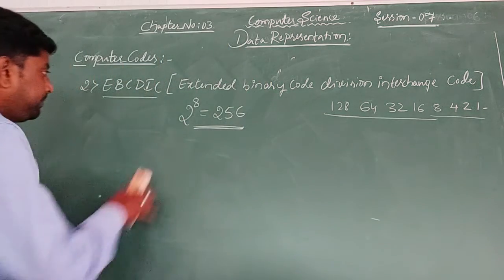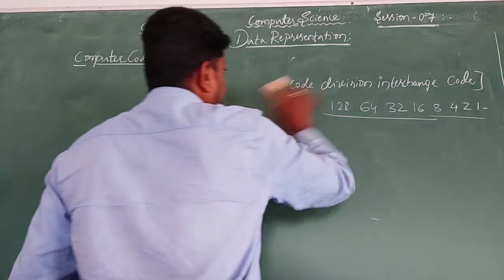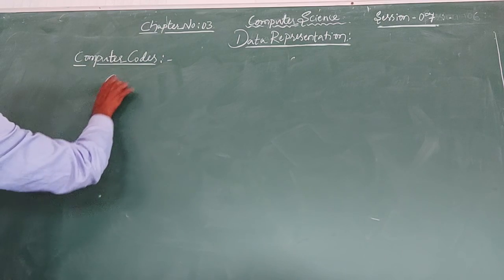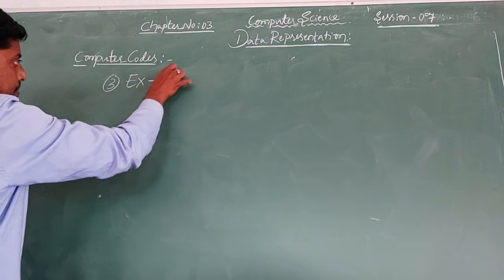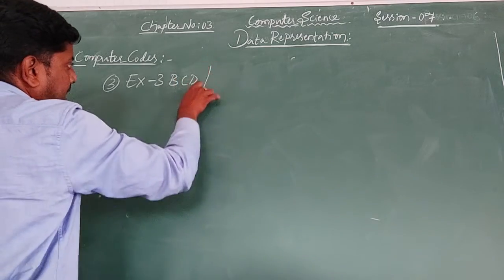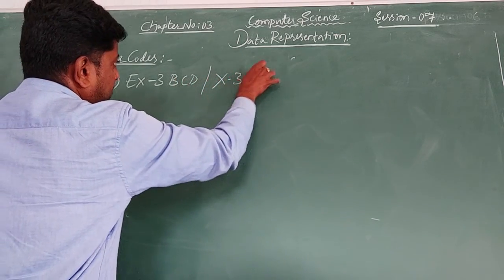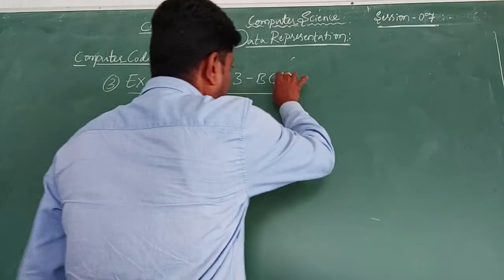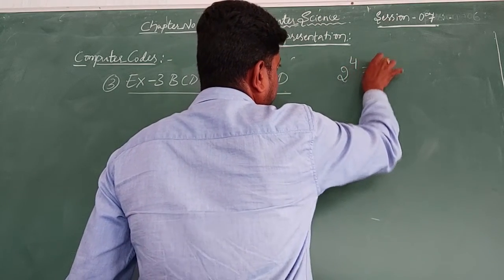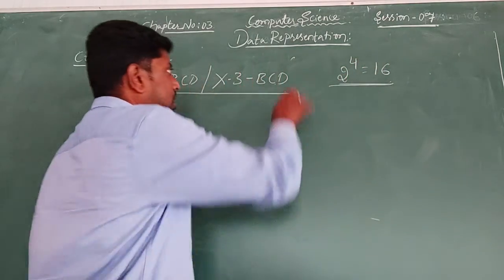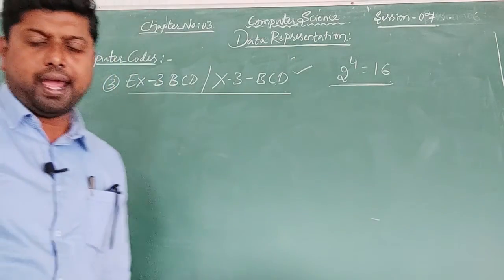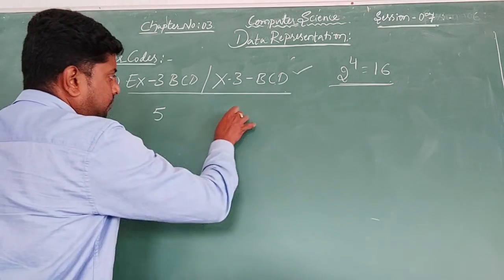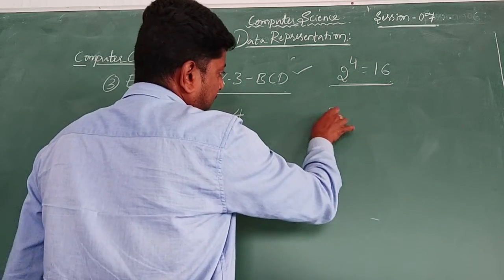And the third one, a very easy code and very popular code, is the third one, X3 BCD, or also called, we will write like this also, XS3 BCD. Then what will this code represent? See, as we know about BCD, 2 to the power of 4, that should be 16. These kinds of digits are called BCD. Consider one example for a BCD digit. 5 is one BCD number. Like that, 4 will be another BCD number. 3 will also be another BCD number.